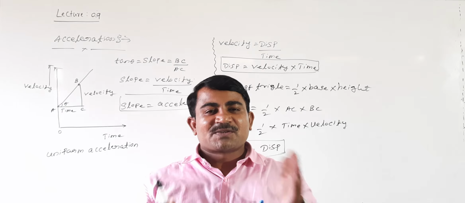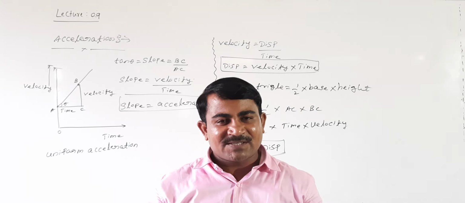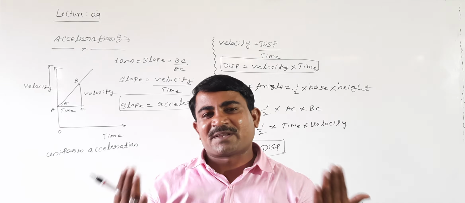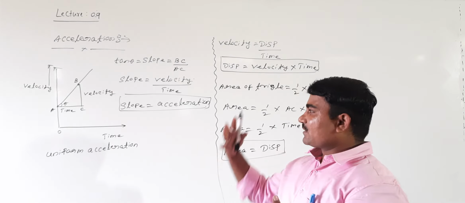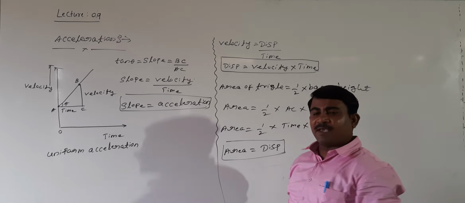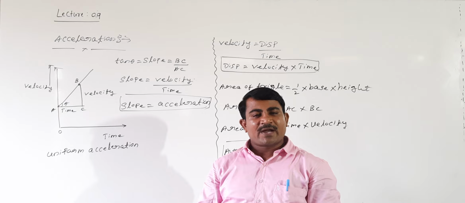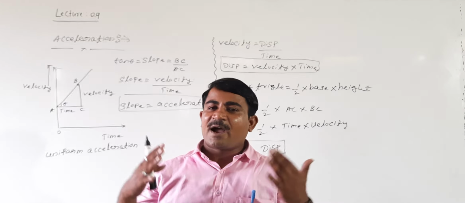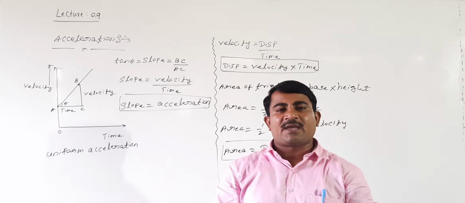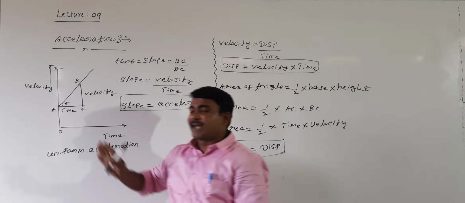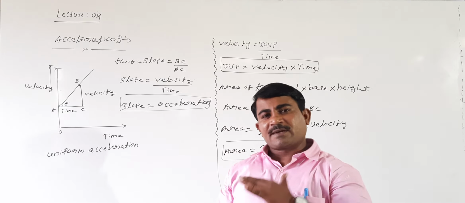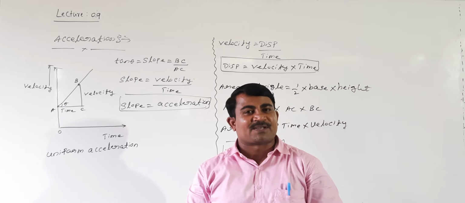And what are we saying? The slope of the velocity time graph indicates acceleration traveled by the body. On the other hand, the area under the velocity time graph represents displacement traveled by the body. Area means not only triangle, you can take a parallelogram or a trapezium; any one area we take, the area under the velocity time graph represents displacement traveled by the body. So this is the complete explanation about uniform acceleration.